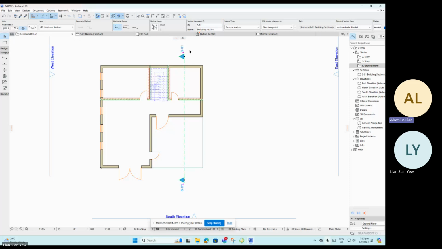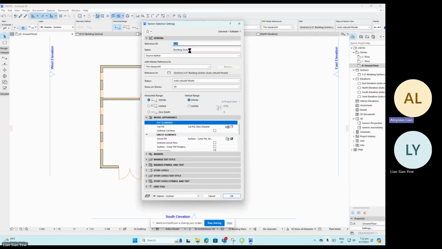The next thing that you can also do is, you see now my section tag is selected, right? I can just use Control T, and you can use this same shortcut to edit any properties of elements within your Archicad, be it the 3D model or 2D annotation like this. You can adjust the section ID, the reference ID over here, as well as the name, right? So for example, now I can call this my cross section,